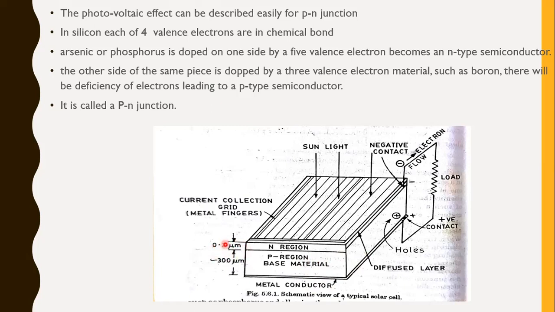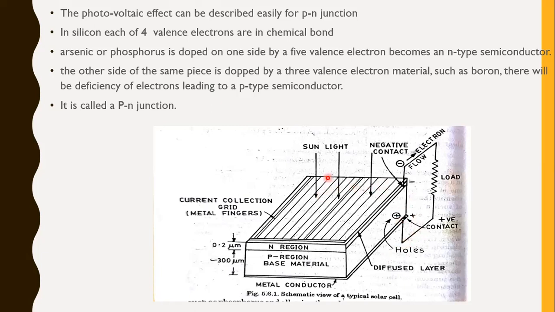Thus this junction is formed slightly below the planar surface of the cell, and the light impinges perpendicular to the junction. The junction will be horizontal like this, and light will be falling perpendicular to it. The positive and negative charges created by the absorption of photons are thus encouraged to drift to the front and back of the solar cells.